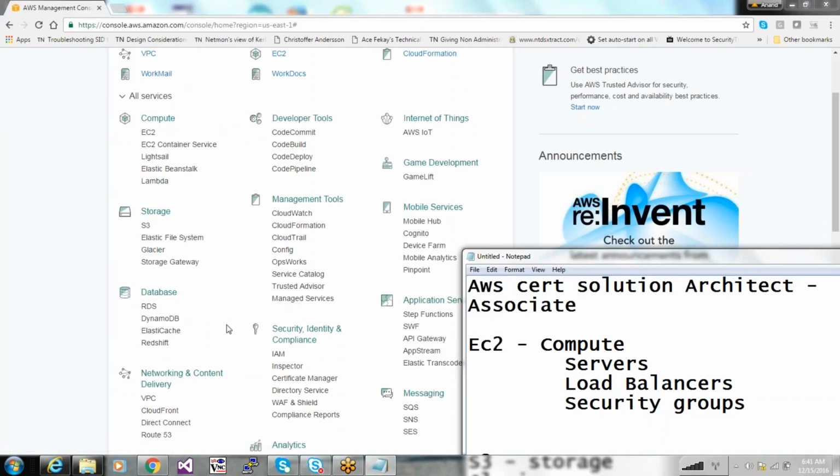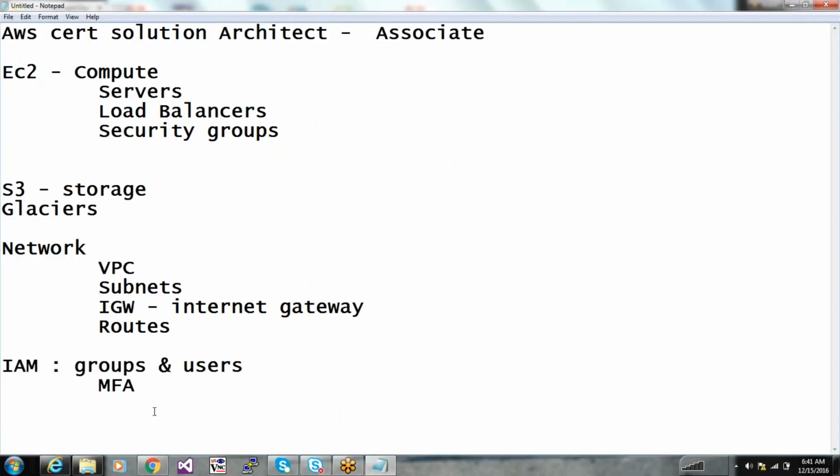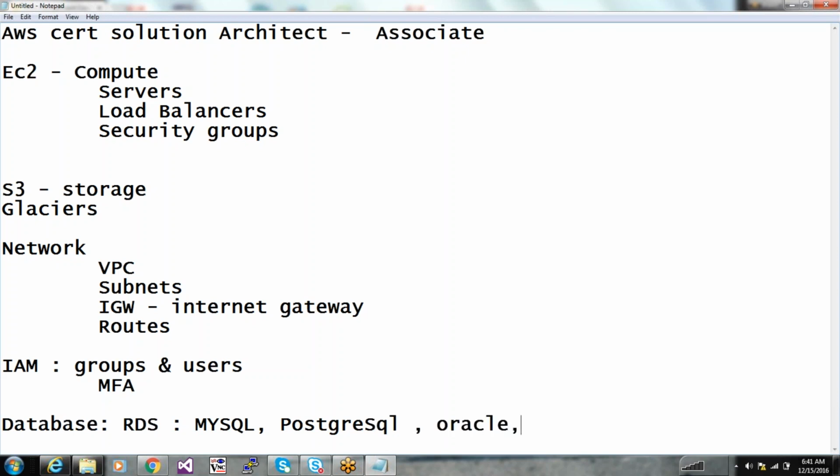What else have we got here? Yeah, databases. How can we forget that? In the database section, I'll let you create an RDS. It could be MySQL or PostgreSQL or Oracle, whatever you're comfortable with.